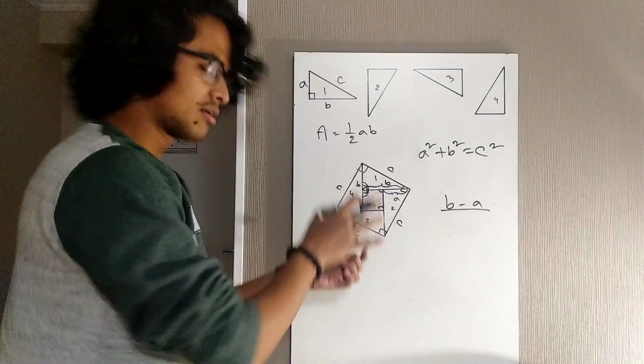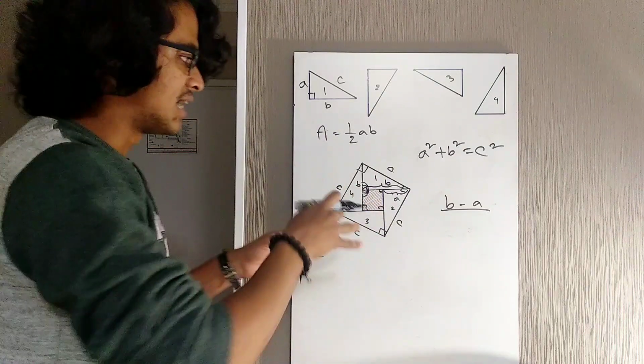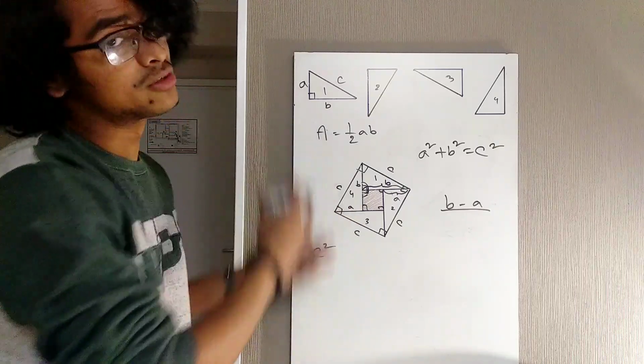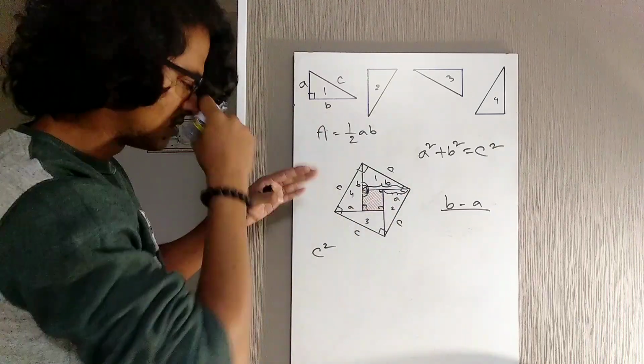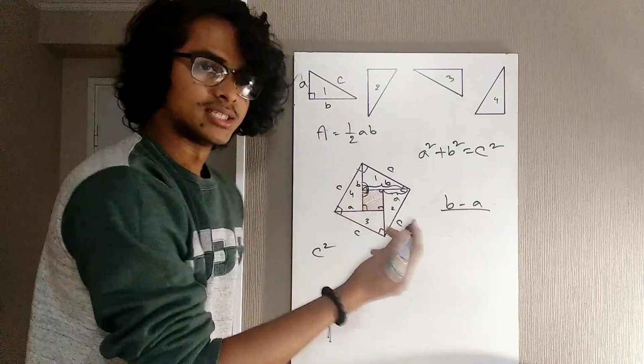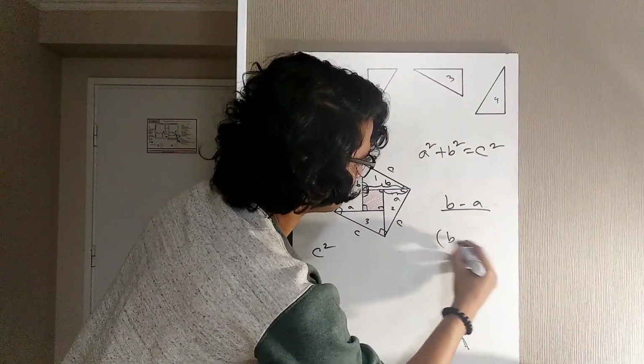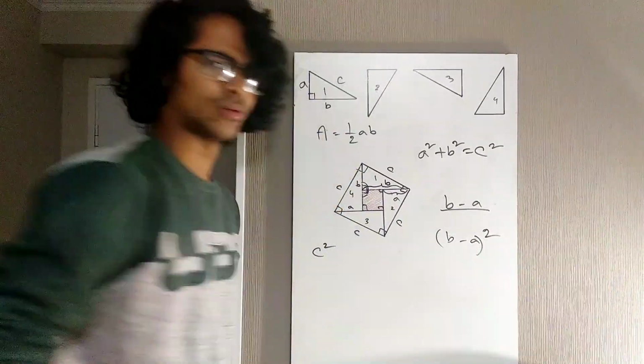So we have this smaller quadrilateral with all of its angles being 90 degrees and all of its four sides being equal to b minus a. That means it's also a square. So we have this smaller square, and we have also a bigger square. And what is the area of the smaller square? Well, as all of its sides are b minus a, the area has to be b minus a whole squared.